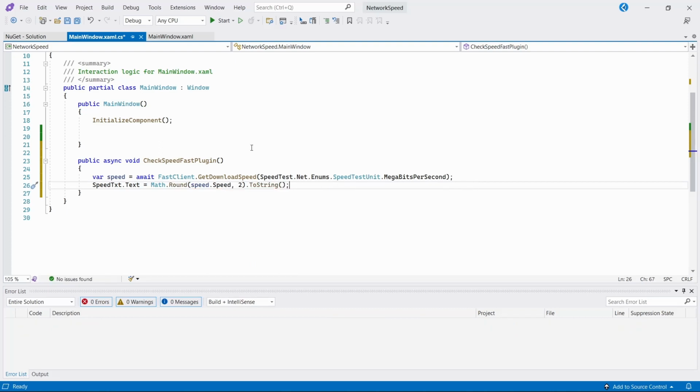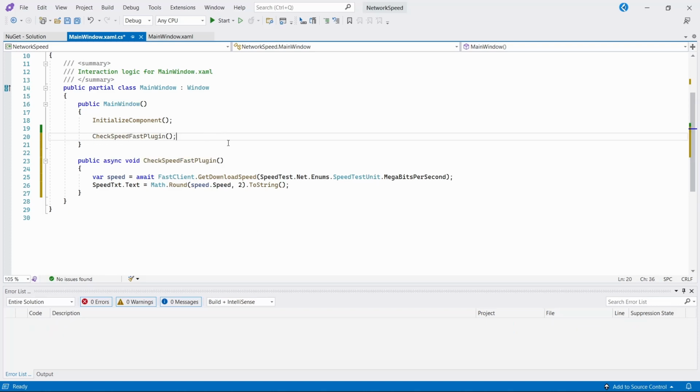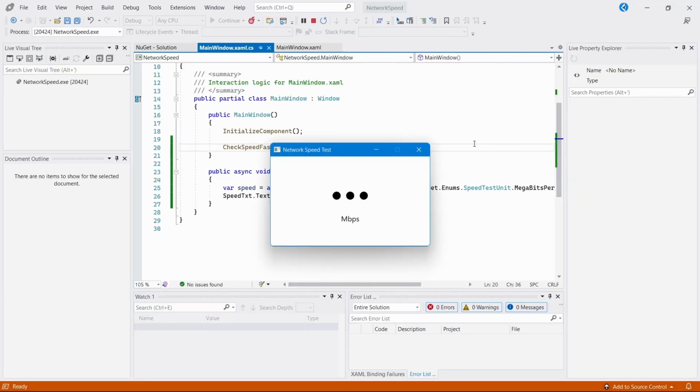Let's call this function when the app starts and test it to see how it works. This method takes quite a while to analyze the network speed, and we can't see a result straight away as we might do on the fast.com website itself. Once the speed is generated though, we get a fairly accurate result. You can customize this plugin to use speedtest.net instead, and modify the config settings to your liking.